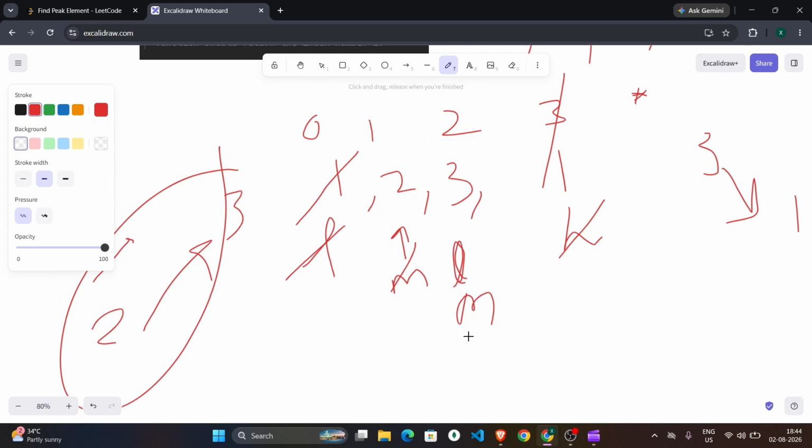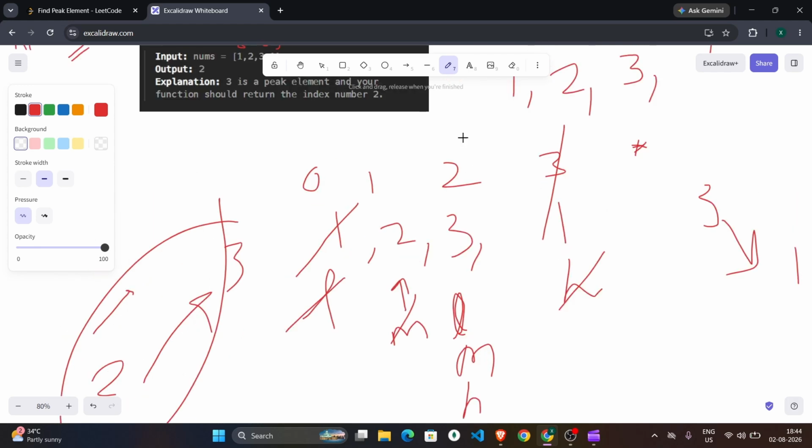Why h equal to mid? We have done so many questions using h equal to mid, because this mid element can be the peak element. And in the question it has already been said that it can contain many peak elements. Now we got this L and H on the same position,